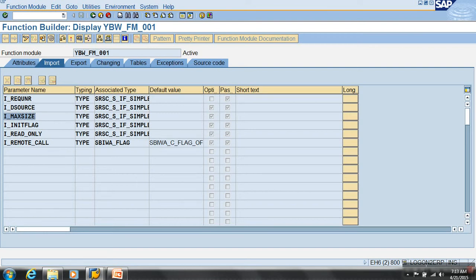Initialization means initializing and setting up all the variables. Then the second time it calls, it is for extracting data. During the first extraction call, I must open the cursor and fetch. From the next extraction call onwards, I just have to do what? Only fetch. I think you should know this point. Okay, boss?